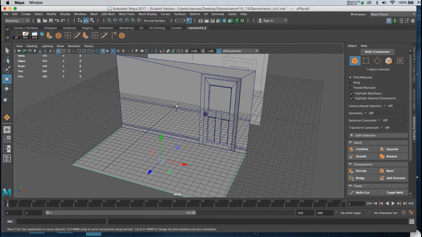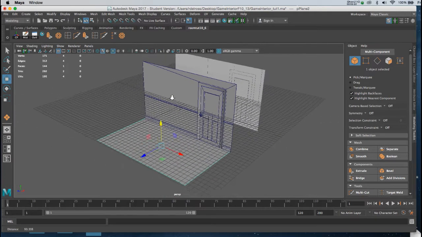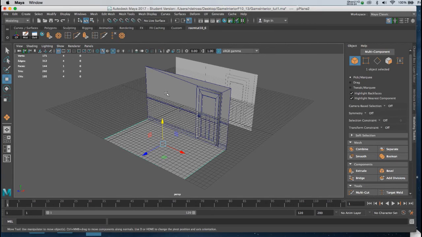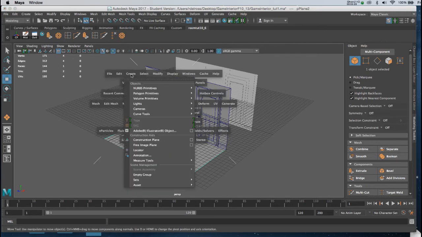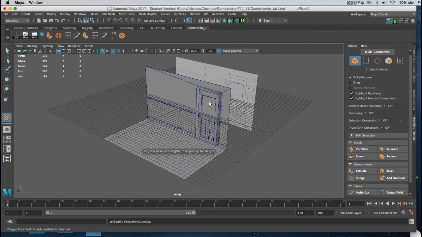Now, the next thing we're going to do is create our crate. And for that, we're going to use a simple six-sided polygon cube. We'll go to Create, Polygon Primitives, Cube, and just click anywhere in your viewport. The scale is up to you. I'm going to provide you with the map, so